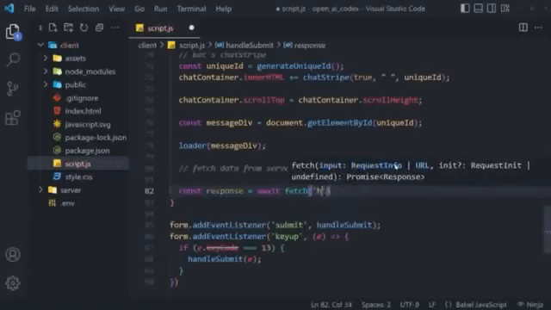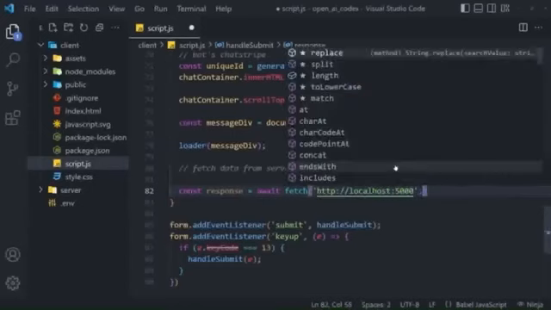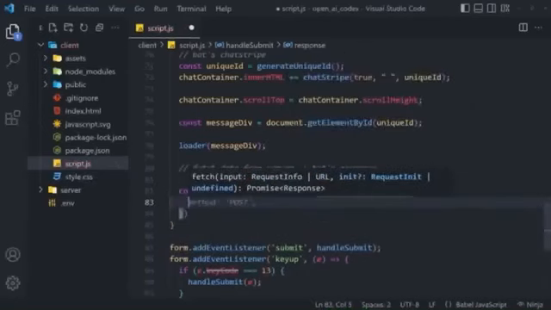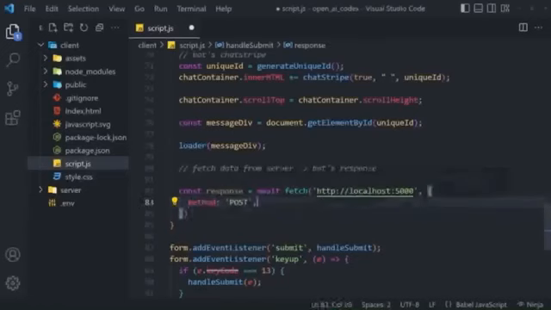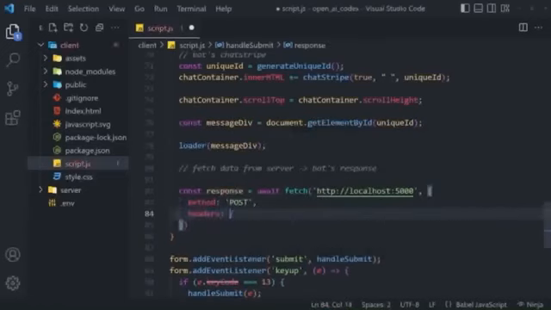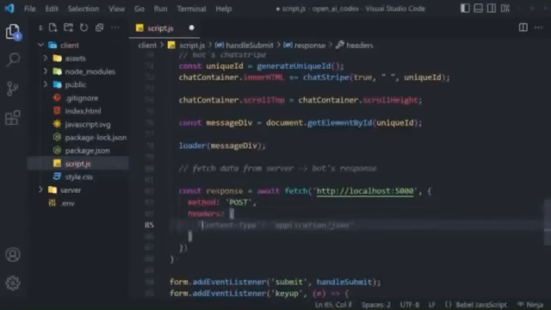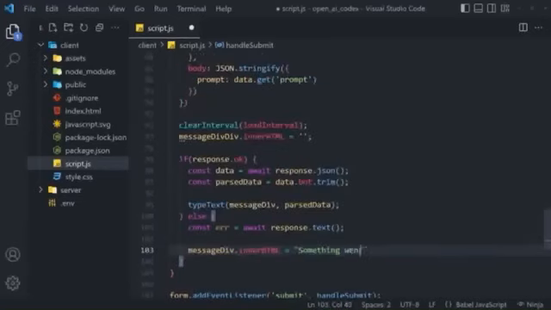And now we can fetch https:// or rather it's going to be HTTP since we're still on localhost, localhost:5000. We can also provide a second parameter, which is an object containing all of the options. In this case, a method of post. Then we can provide headers, which is going to be an object containing a content-type, application/JSON. And finally, we need to pass